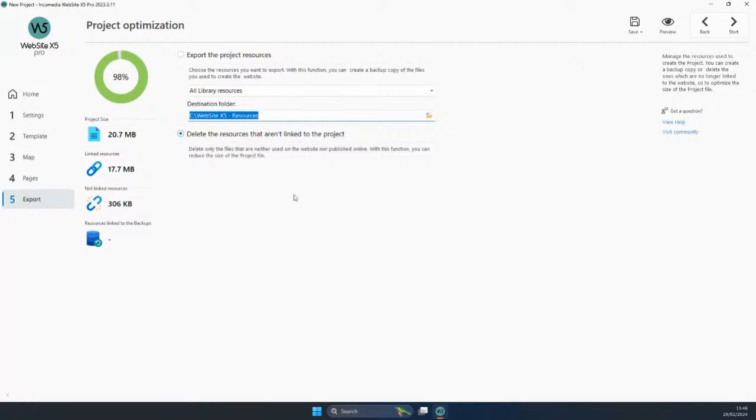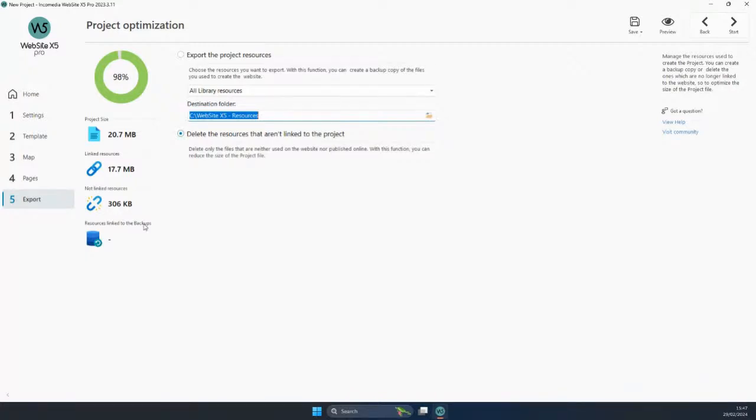Keep in mind when you are using this function, there is something which might not be so easy to understand at first. But when let's say maybe you used one video in an older version of the project you're working on, and then after a few years you remove this video, and even by using this option, the video still isn't getting removed. This can be due to the fact that you have all the backups linked to your project. So it might be helpful to clean your backups for the project every now and then as well,